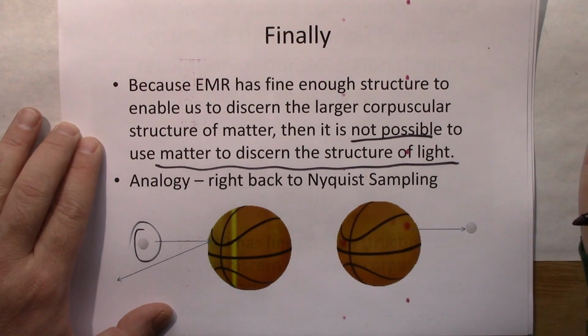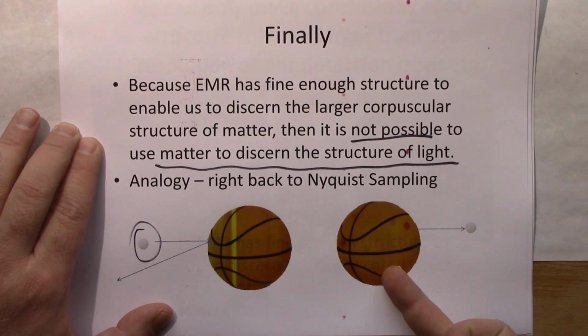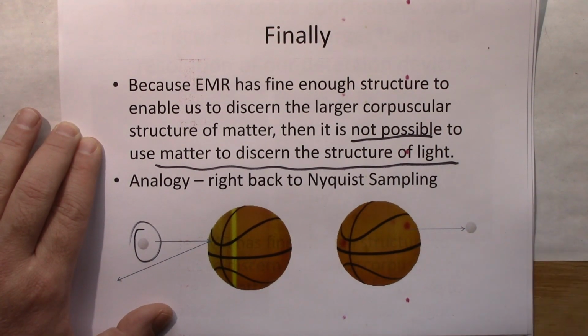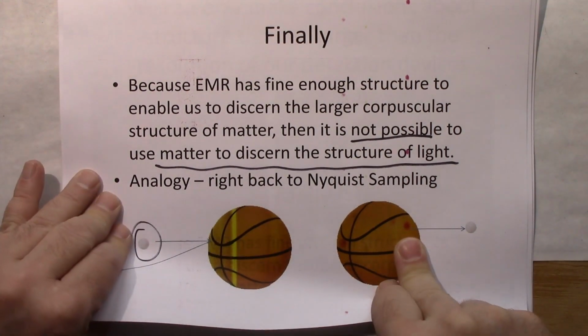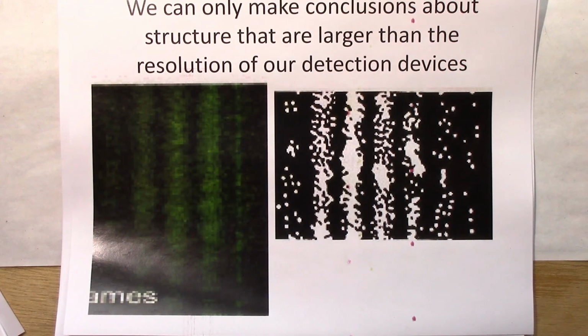But you can't do it the other way. You can't use matter to infer photons, because there's no way you could take the corpuscular nature of matter and then try to discern something that's much, much smaller than it. No way. And this is why it takes lots and lots of wavelengths of light to knock electrons out, because the structure of light is very, very small. So you're not looking at photons. You have not proven photons.